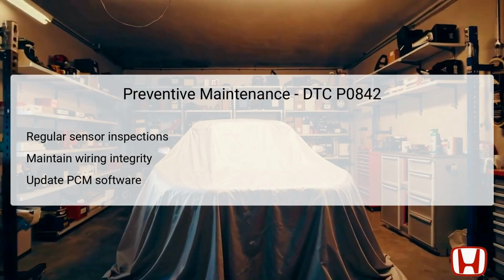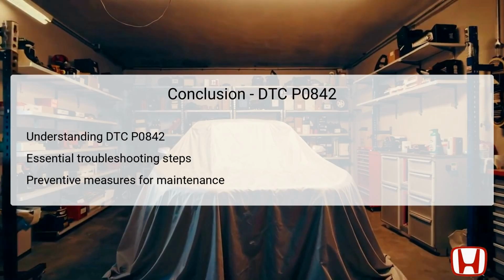smoother driving experience overall. In summary, the DTC P0842 serves as an important indicator of issues related to the transmission fluid pressure sensor within the Honda Civic models from 2011 to 2015. Recognizing the significance of this code helps prioritize effective troubleshooting, allowing for appropriate corrective actions through